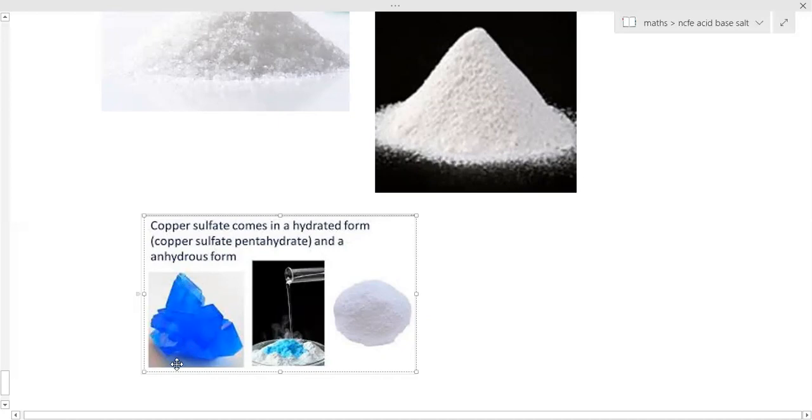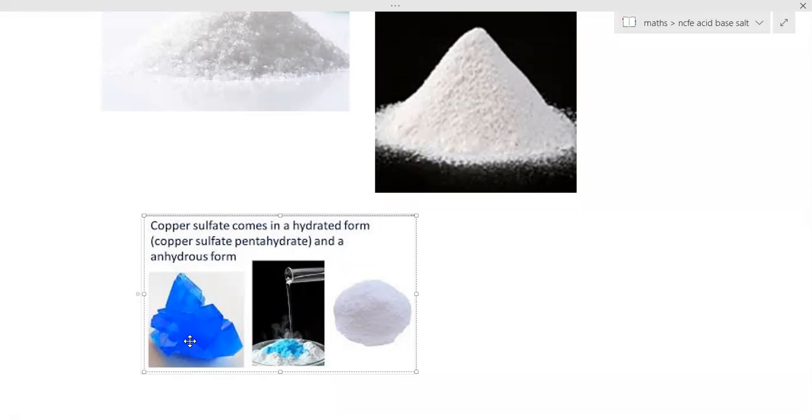Now looking at this crystal, can you say water is there? No. It is completely a dry crystal, but water is present inside it. How do we check that water is present in the crystal? We have to perform one activity, taking small crystals of copper sulfate. It is given in your textbook. This experiment explains the water of crystallization.